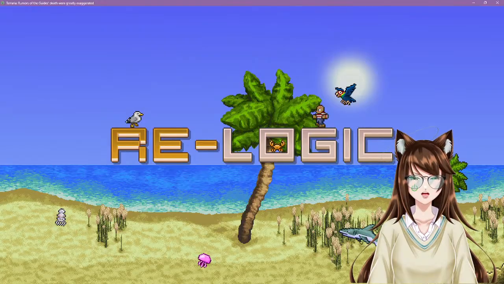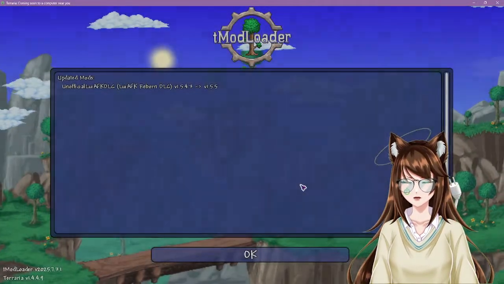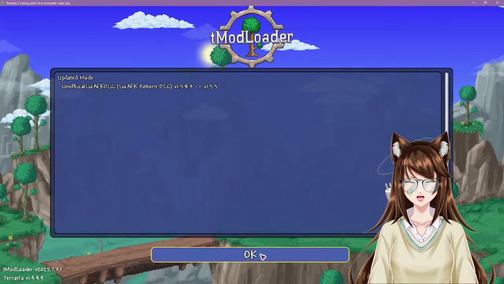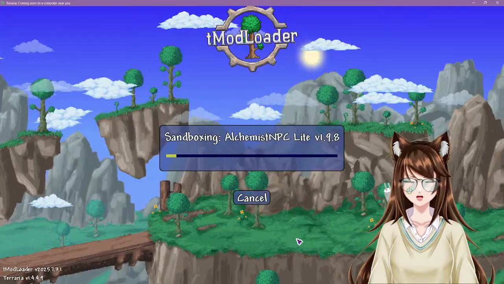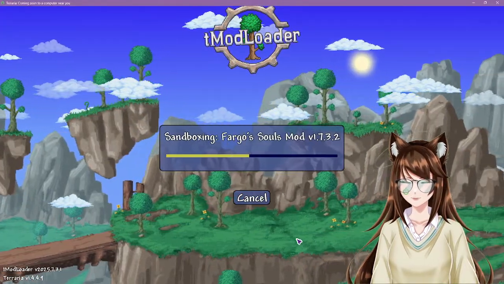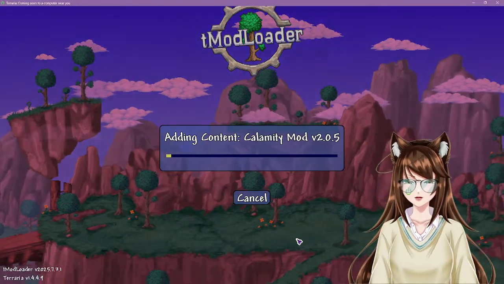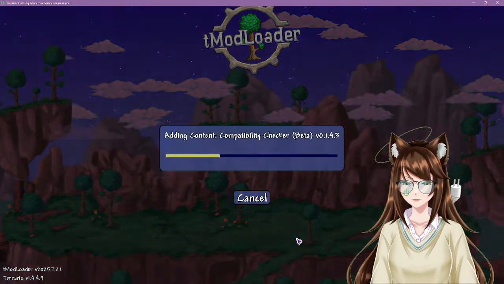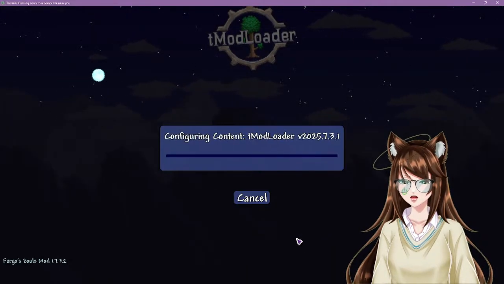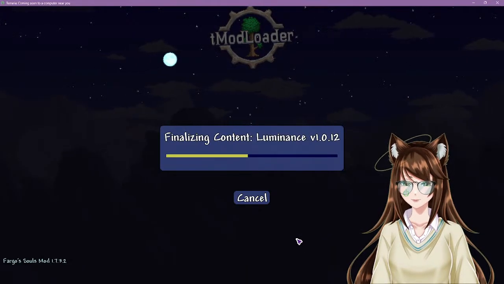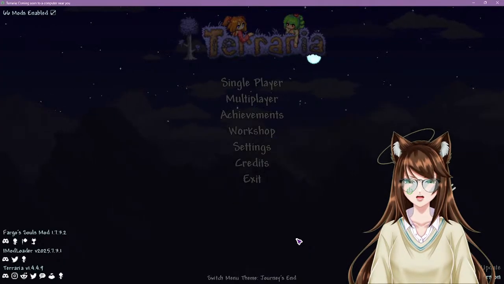So my VTuber model will look very weird only because I have my glasses on and that ruins the tracking of it. So yeah, it's gonna be a problem. If my phone turns off and I'm not responding to chat, that's why. My phone turned off and I won't be able to see chat.